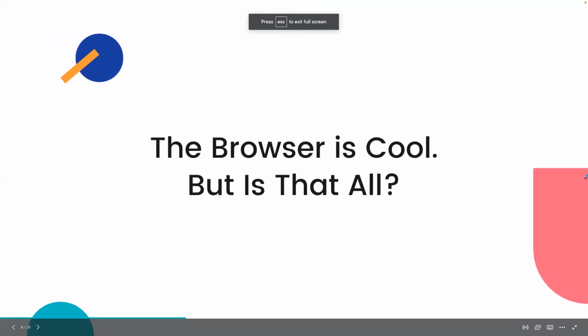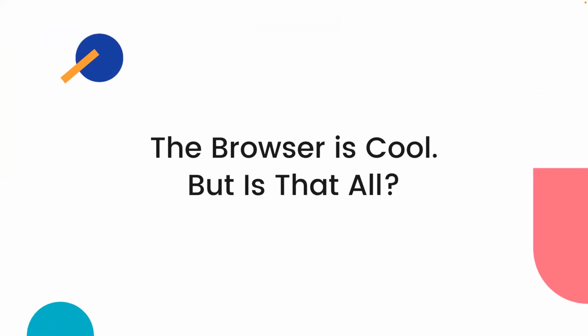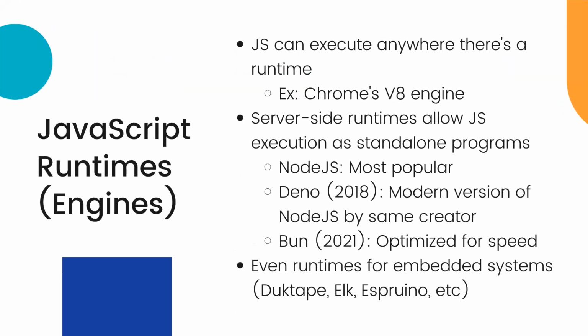Okay, so what we did is we wrote a bunch of JavaScript, and it all runs in the browser when we go to a specific page, which is cool. But if you're not interested in web development, then there's no reason for you to know JavaScript or even care about it at all. So there's other ways that you can use JavaScript as well. JavaScript, because it's a scripting language, all it needs is an executor or a runtime or an engine in order to take all of the code in there, do just-in-time compilation, which means when it gets to the thing that it needs, it'll go ahead and compile it and execute it.